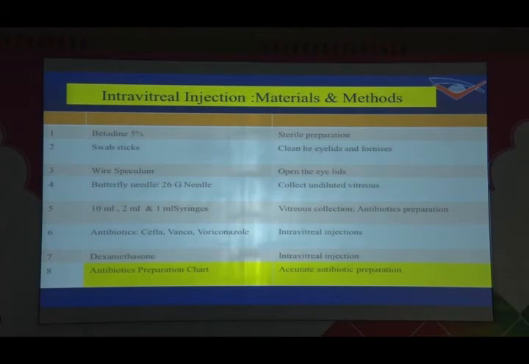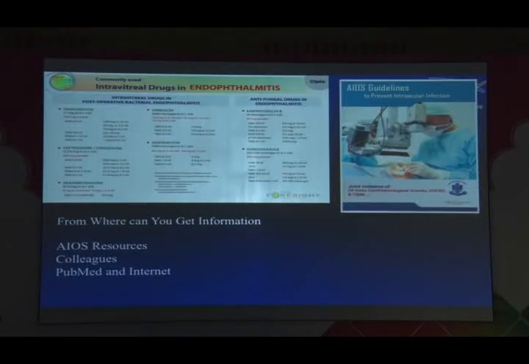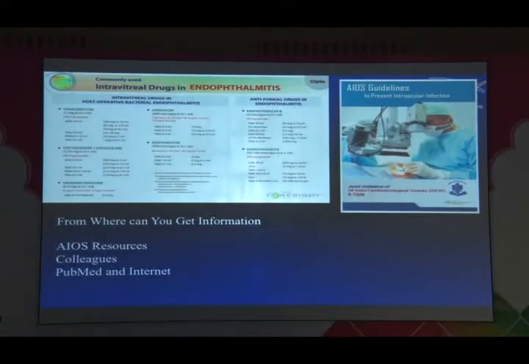It is very important before giving an intravitreal injection. The two most important concepts are to use topical betadine for about 3 minutes in the conjunctival sac, and second, to make sure that the eyelashes do not come in the way when you're giving the intravitreal injection. One of the ways is to actually use a bladed speculum so that the eyelashes do not come into the picture. We must have this chart in the operation theater, which is available with AIOS, and you can easily get it, thankfully to CIPLA, who made it available.